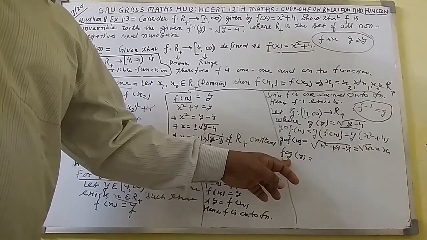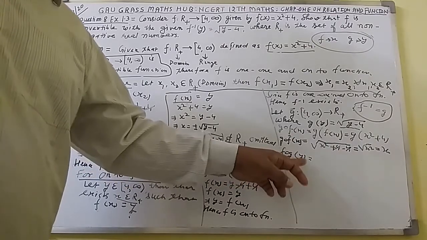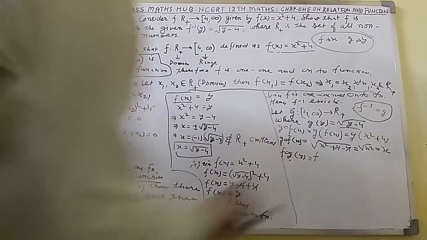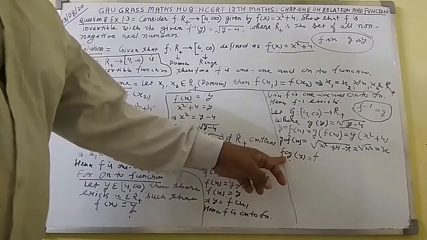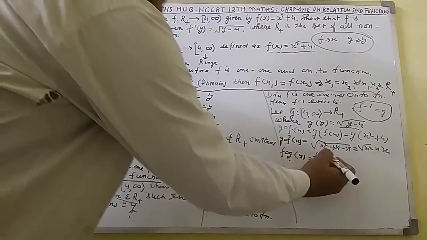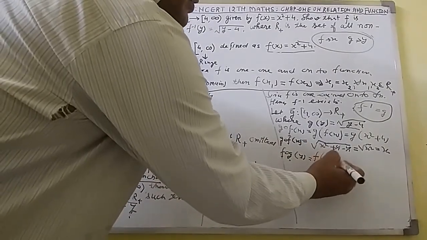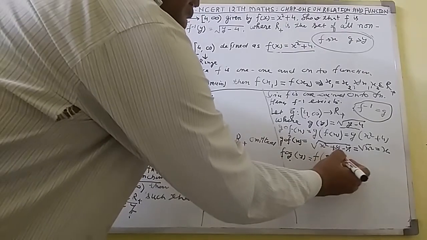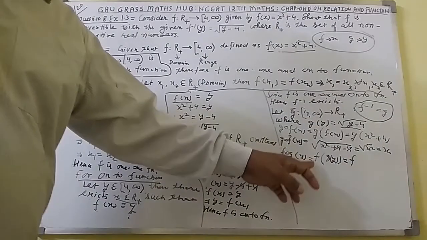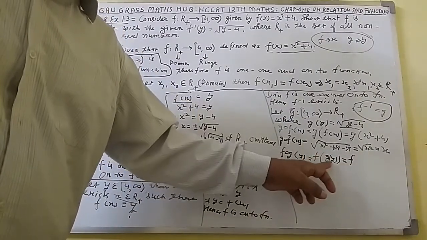In f of g, the last letter is g, so g will take value y. So I have written here y. Here write f, and in place of the circle I shall make a half circle bracket. In the bracket put here g(y). Now I have written f of g(y). Here you can see g(y) there.